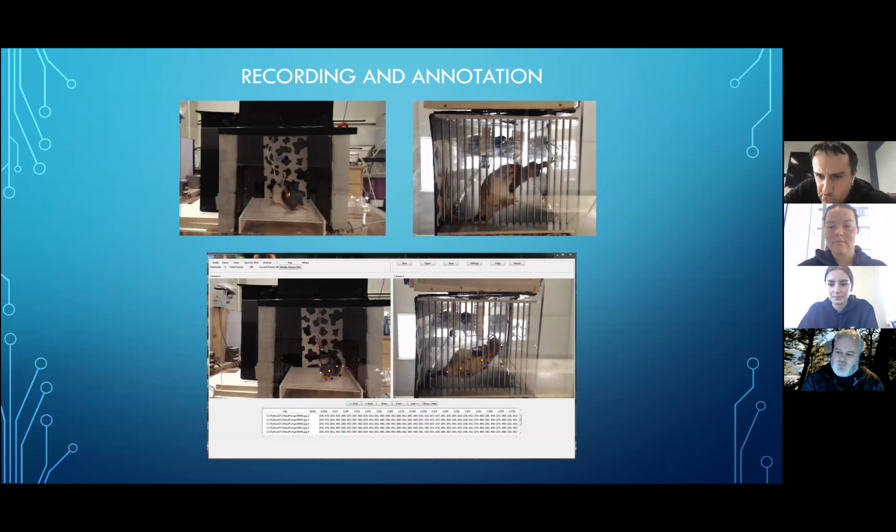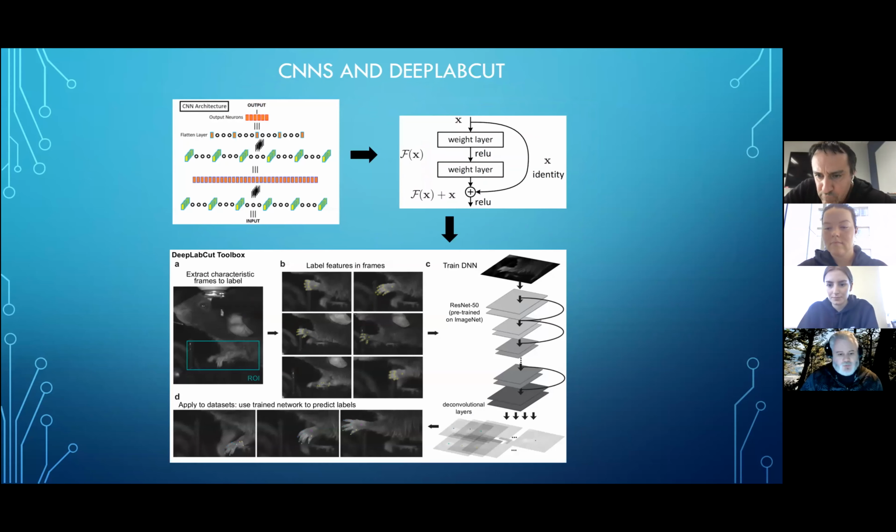And wouldn't it be nice if there was a way using all the sort of modern machine learning technology out there to automate this process? So along comes DeepLabCut. DeepLabCut is built on convolutional neural networks. I'm not going to go into too much detail about exactly how it works, although I'm happy to at another time. But we use a very large pre-trained network,